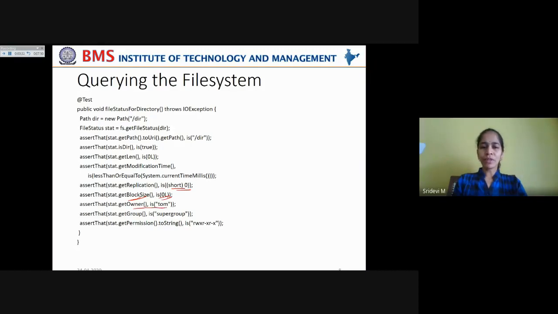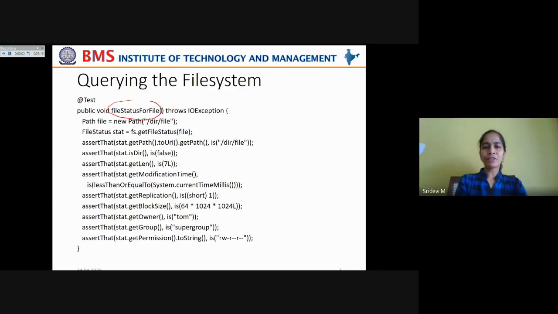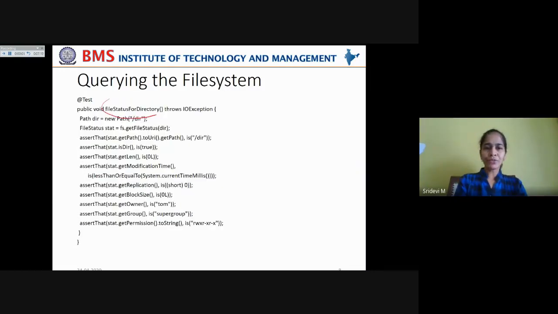And also get the owner of the directory, and the file will match, right? And along with the owner, get the group information, and get the permissions for that directory. This is the same as your previous case. Now you are performing a file status test for the file and a file status test for the directory by trying to match various parameters that are actually owned by the file and which are returned by the getFileStatus method. If both are matching, then your test is complete. You are trying to access the right file and the right directory.